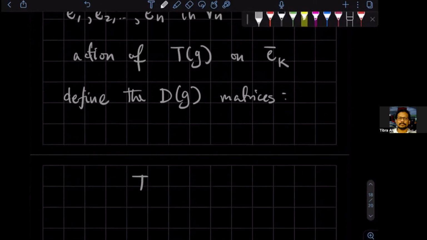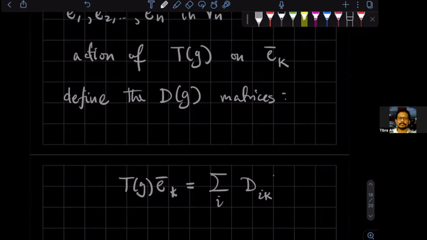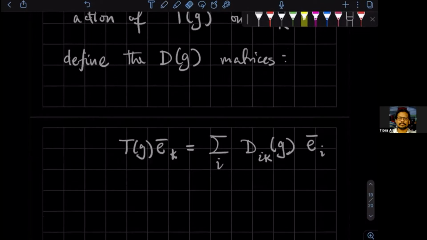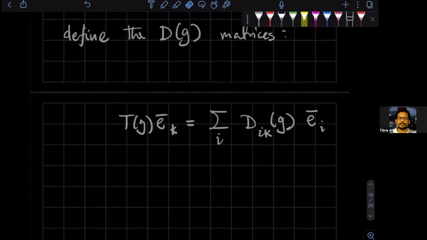T of G acting on E of K gives me D of I K acting on E of I. Okay. So then in this basis,